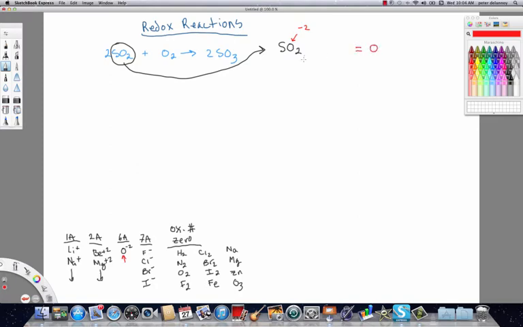So we write 0 here. And then we really don't know what the oxidation number or the charge is on the sulfur, but we can approximate it because we know pretty much that the electron density is going to be residing with the oxygen, and we know approximately how much of that density is going to be there. So all we have to do then is look at the molecule, and the last little bit is figuring out what the total net charge is going to be on the oxygen. And because there are two oxygens, we can figure that's going to be around -4. So that's what allows us to then set up this little equation where we could solve for the approximate value on the sulfur. And then by comparing that to what we get